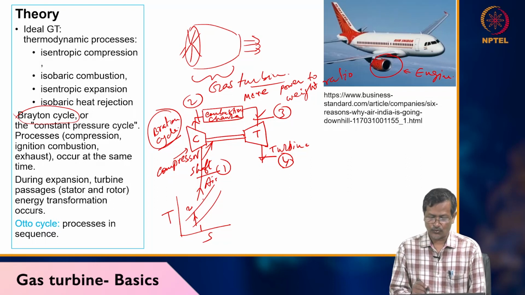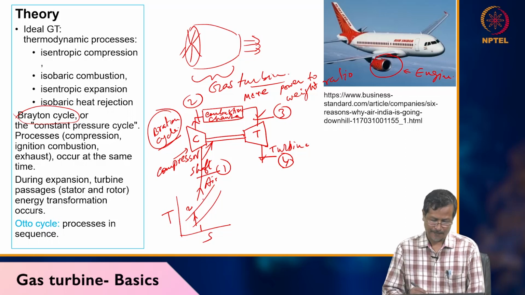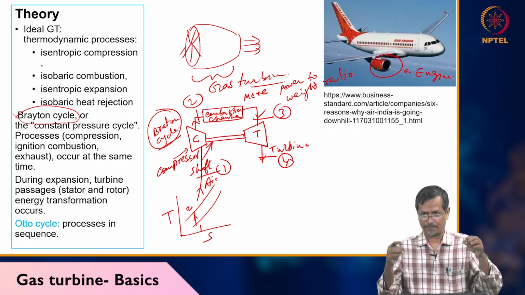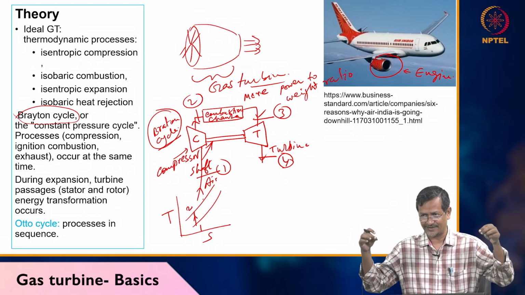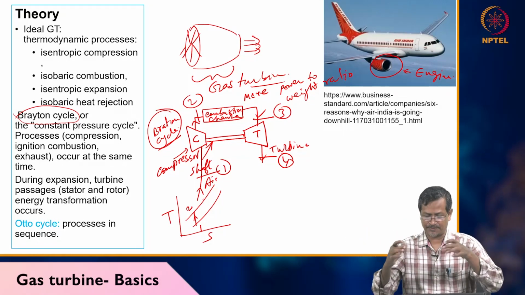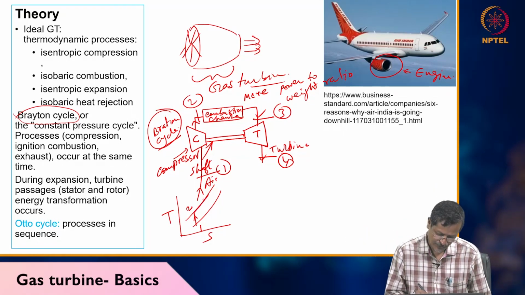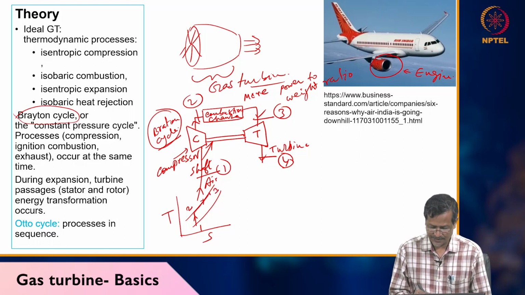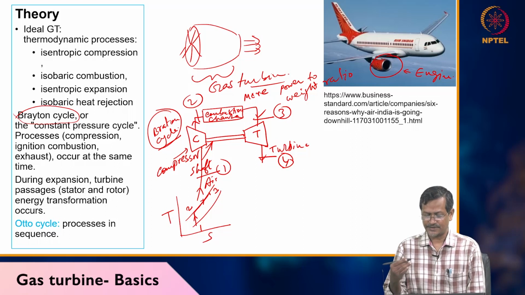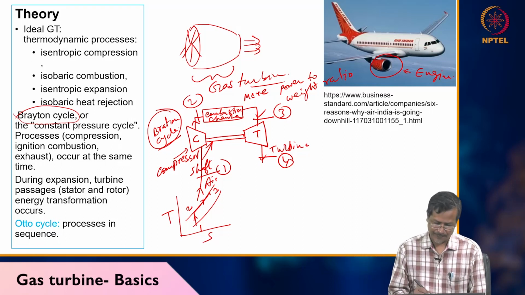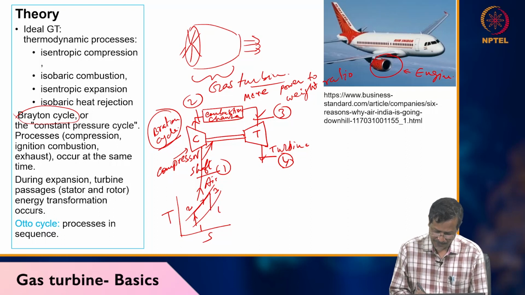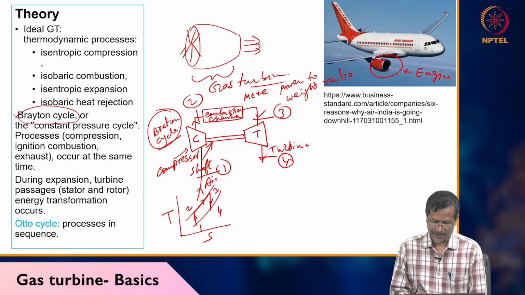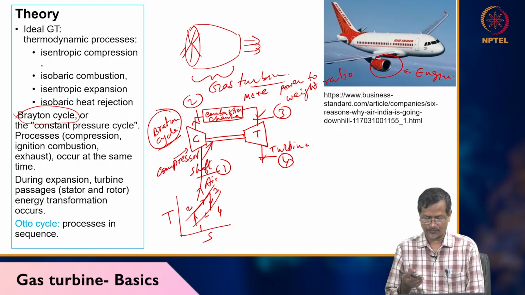Okay, then 2 to 3, what is happening? Same pressure is maintained and you are burning. In the combustion chamber, from compressor to turbine, the pressure will be the same. The combustion happens inside the combustion chamber, so that's why this is an isobaric process, 2 to 3, where the combustion output reaches the turbine. Then 3 to 4 is your turbine part, and 4 to 1,